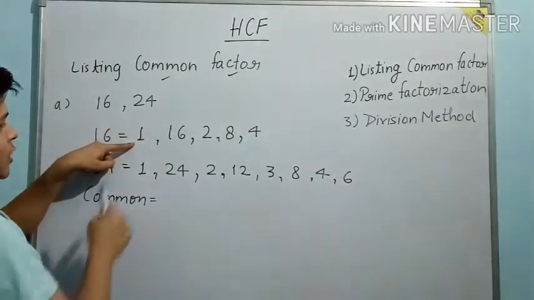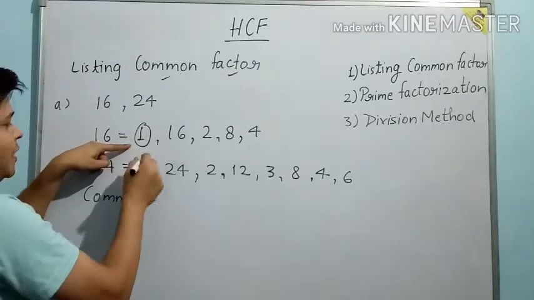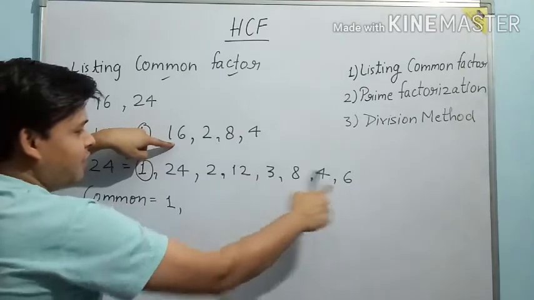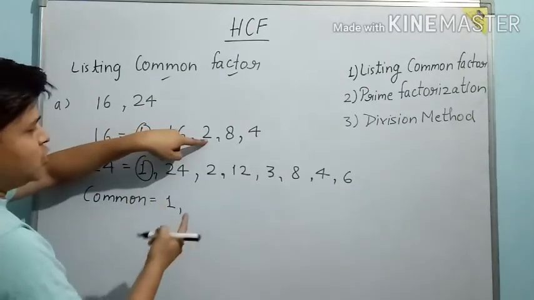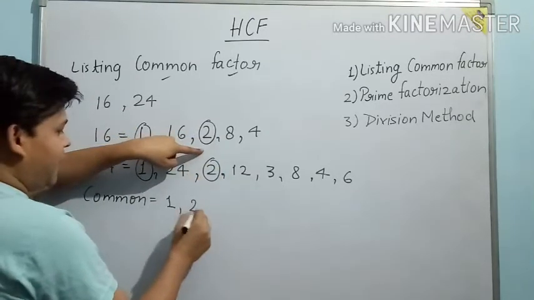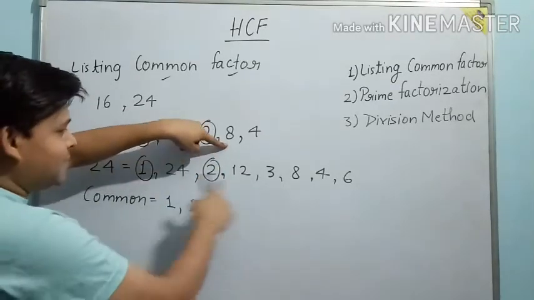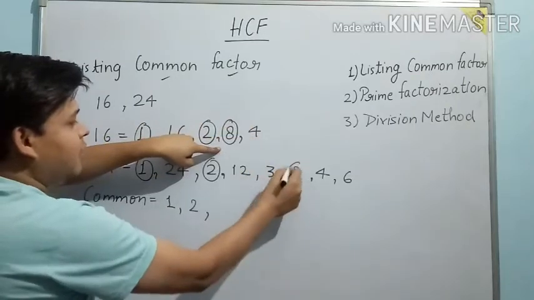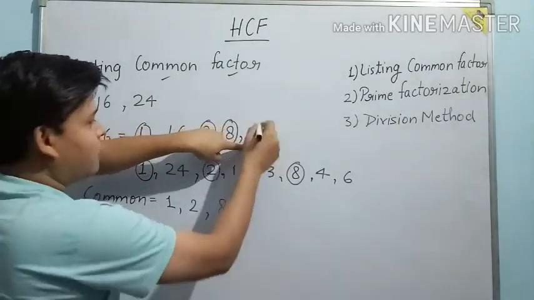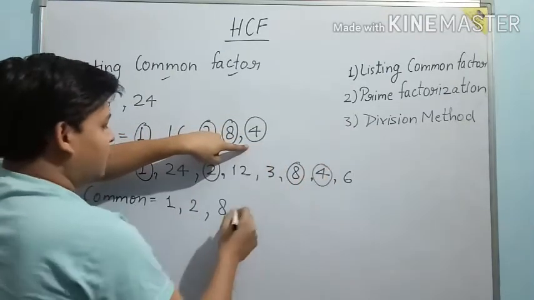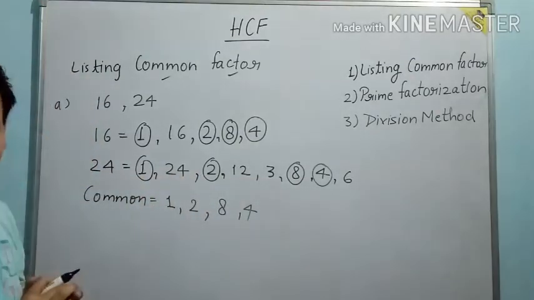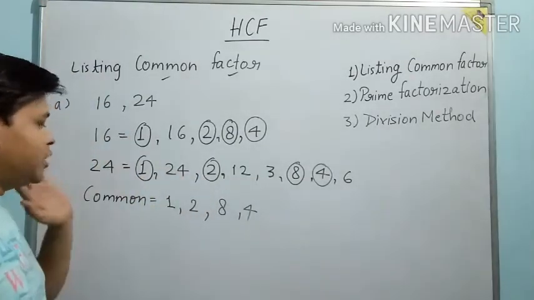Like first is 1. So 1 and 1 is common in both, so I will write here 1. After that 16, let's check 16 is given here, no, so skip. Next is 2 is given here, yes, so we circle 2 and write here 2. The next number is 8. Is there 8? Yes, we have 8 here, so let's write here 8. The next is 4, so 4 and 4 and this is also 4. Here finish. Now no need to check other numbers which are given here, right? So we have taken the common factors.